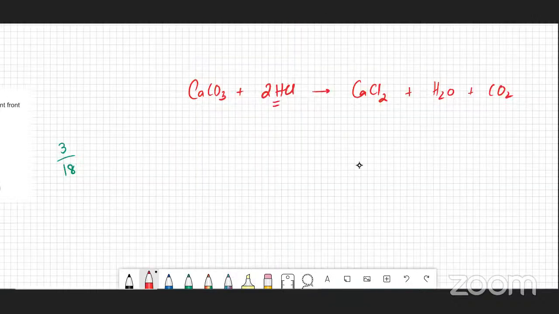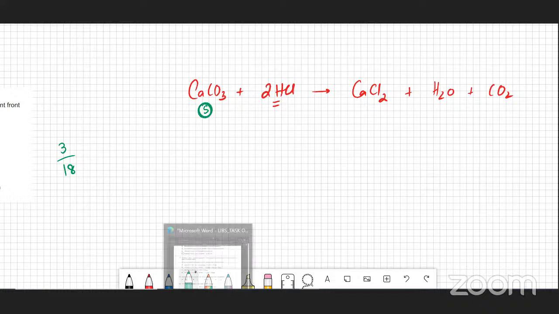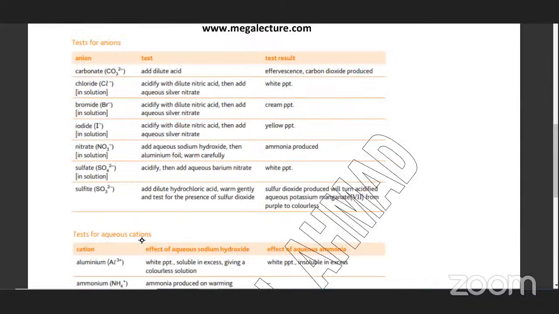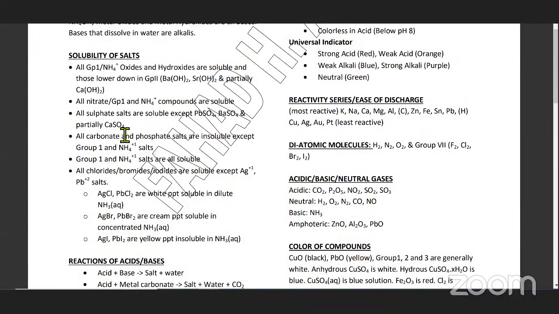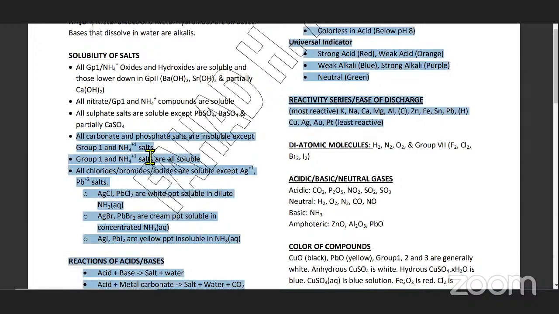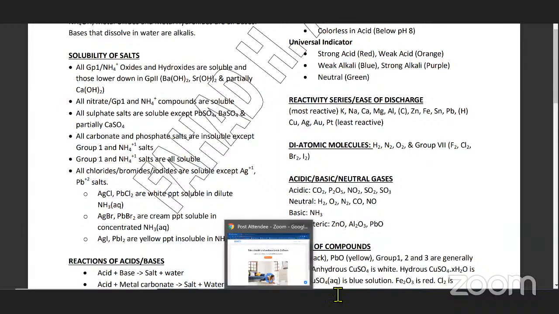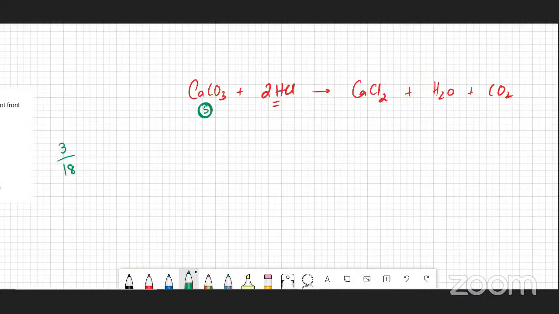अब ionic equation. How do you write the ionic equation? उसमें step 1 होता है कि you write the states. Calcium carbonate, remember, is insoluble. It's a solid. ठीक है, हमारे पास we have the solubility table open somewhere. इस sheet के अंदर यहाँ पे you can have a look and you can see कि carbonates कहाँ पे. All carbonates and phosphate salts are insoluble except those belonging to group 1. So group 1 is soluble, but otherwise they are insoluble. So calcium carbonate is a solid